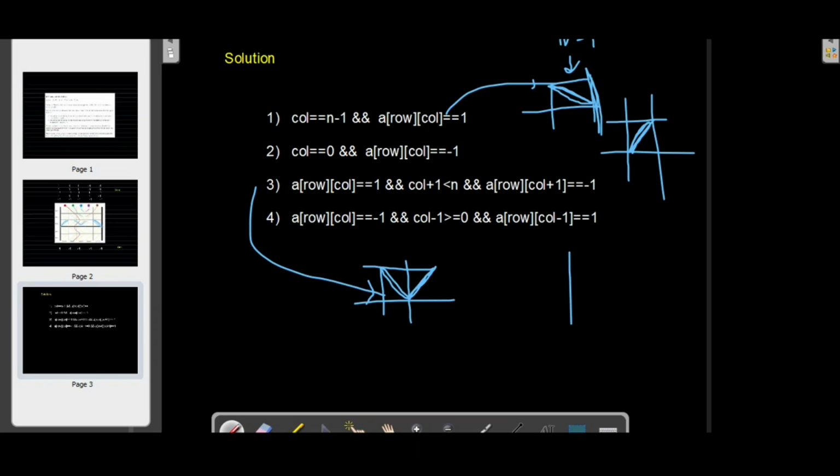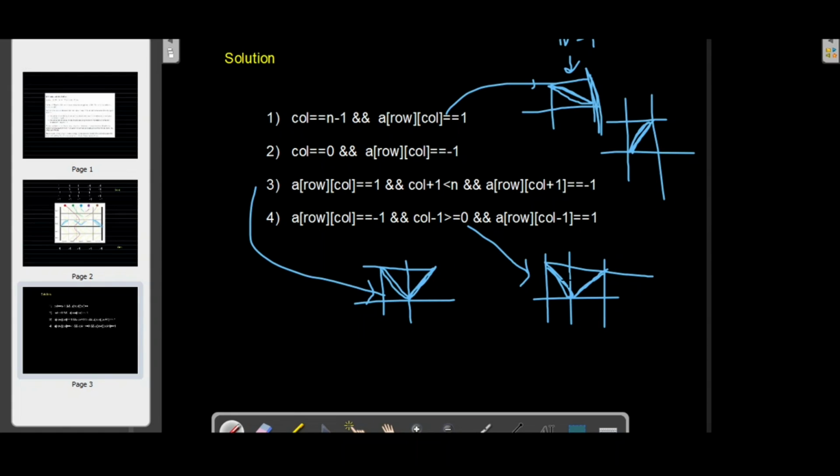Now consider the diagonal that starts from the top right corner and ends at the bottom left corner. If it starts from here, we check whether there is a diagonal on the left-hand side of it that starts from the top left corner and ends at the bottom right corner. So we check for this, and that's how we determine whether we have a V shape or not.